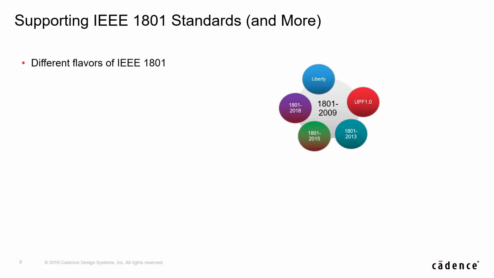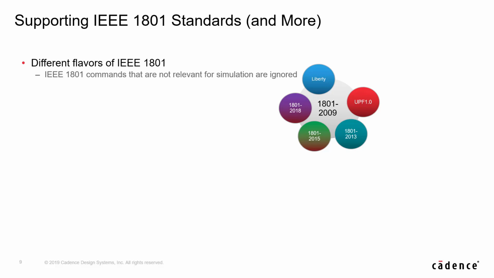That will enable you to guarantee that you're going to meet your objective in terms of power consumption. Now, 1801 is a standard. It has evolved since the beginning, since its first contribution to Accellera with the UPF 1.0, and you've seen UPF 2.0, 1801-2009, and then 13, 15, and so on. And you have another element, which is a big contributor, which is the reliability model. So the big question you may ask is, okay, what is the level of support from the Cadence simulator?